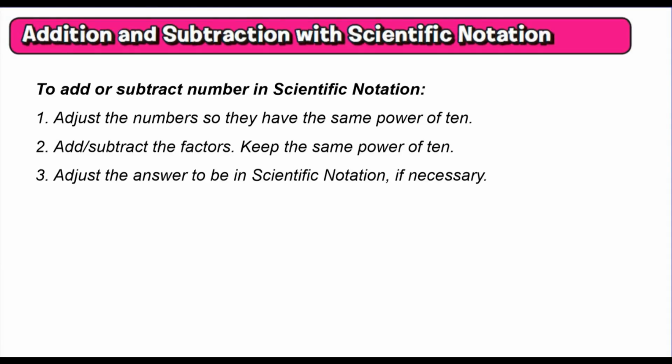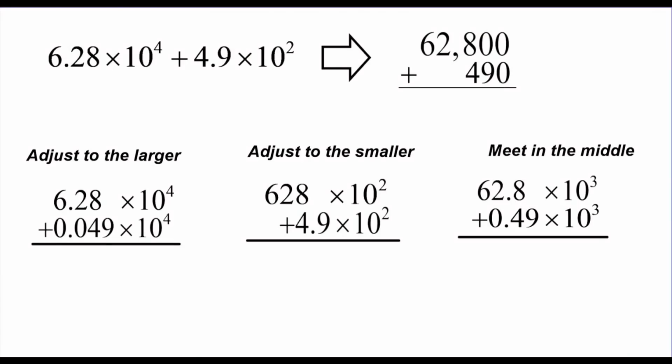Then I can add or subtract the factors, and I just keep the same power of 10. The power of 10 is not going to change once they become the same. And then again, adjust the answer to be in scientific notation if necessary at the very end. So looking at this example here of 6.28 times 10 to the 4th plus 4.9 times 10 to the 2nd,